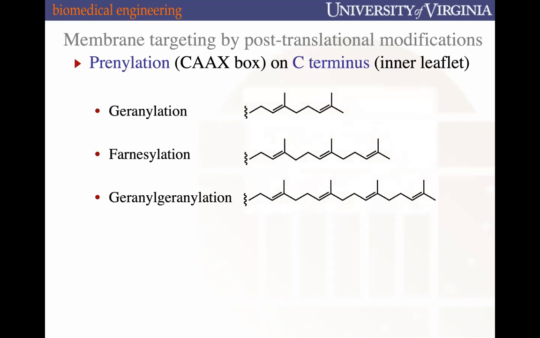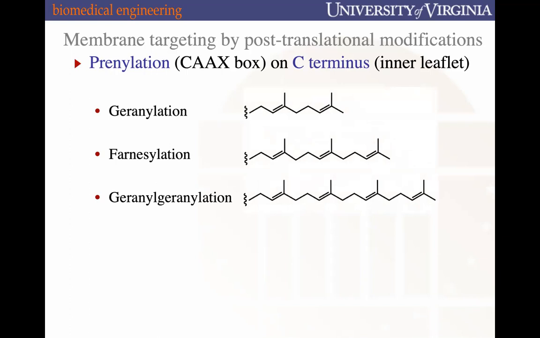One of those key modifications is called prenylation. Prenylation typically occurs on the C-terminus of the newly translated protein. And it's the addition of this hydrocarbon tail, and it typically occurs whenever there's